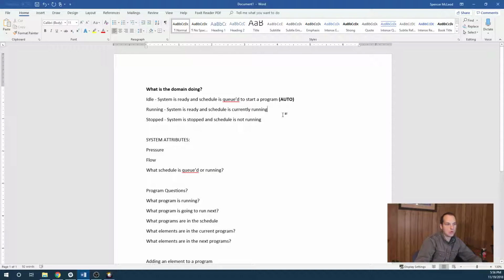So there may be programs that are queued, or a schedule that has programs that are queued, but nothing's actually running at the moment. The second state is running, so we have the queued up programs, and one is actually on. So we've come to the time period in which the schedule needed to run,